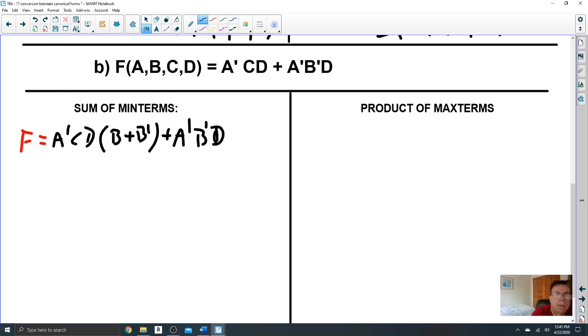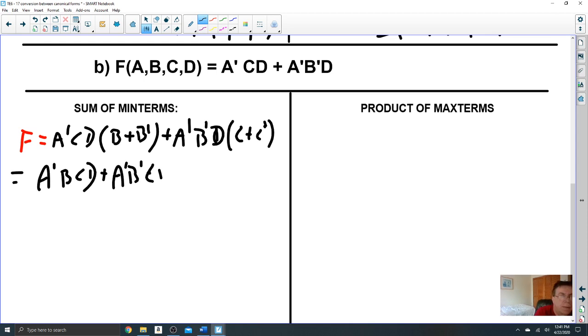And what is missing? C, right? So let's put c plus c prime. Let's expand those parentheses, and we have the following: a prime b c d plus a prime b prime c d plus